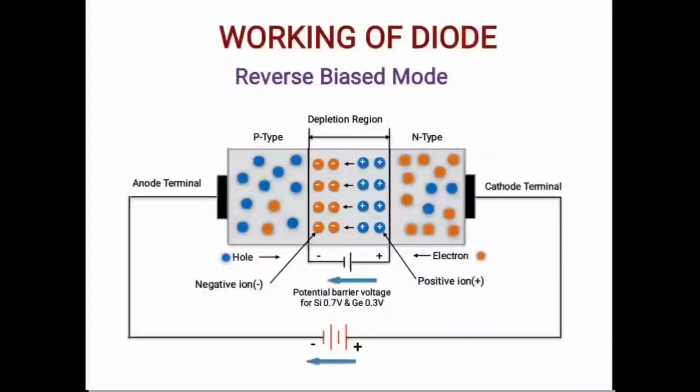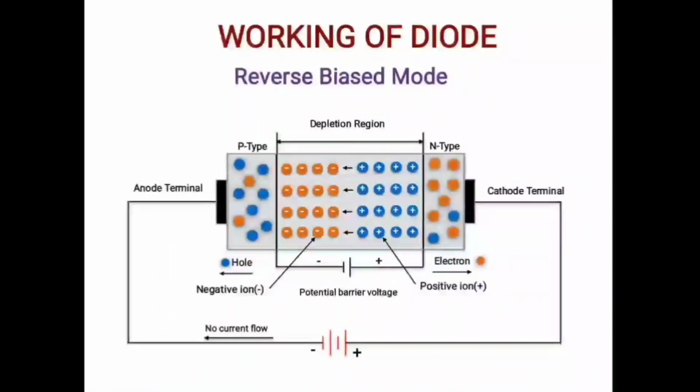In reverse bias, we are just doing the opposite connection of forward biased PN junction. Here, P side or anode is connected to the negative terminal and N side or cathode is connected to the positive terminal of the external applied voltage. Then it is said to be a reverse biased PN junction diode. In reverse bias, the external applied voltage is in the same direction as the barrier potential of the depletion region. Due to this, the resultant electric field at the junction will increase, which makes the depletion region wider.